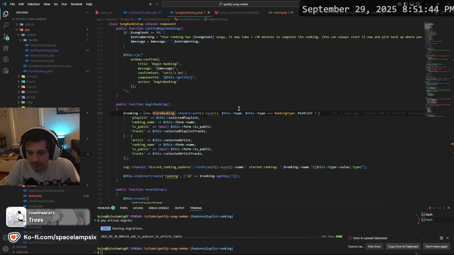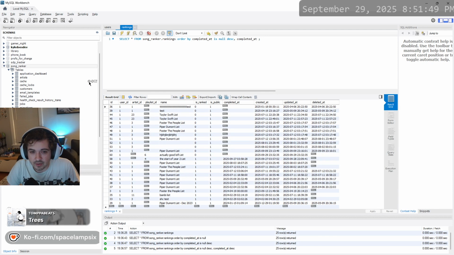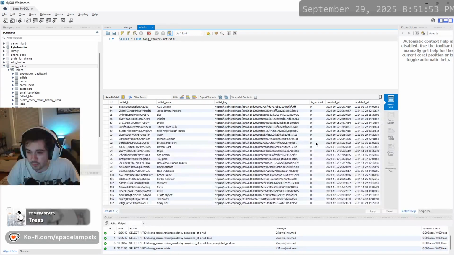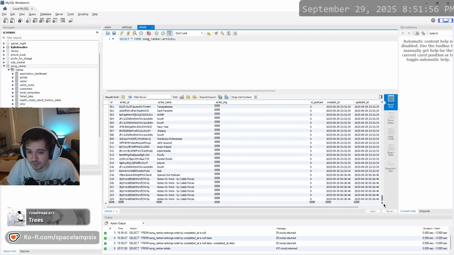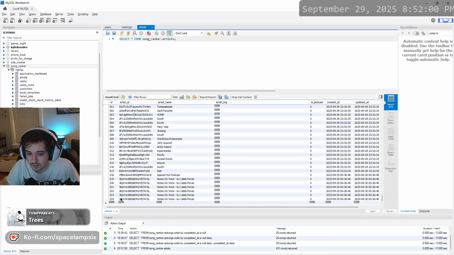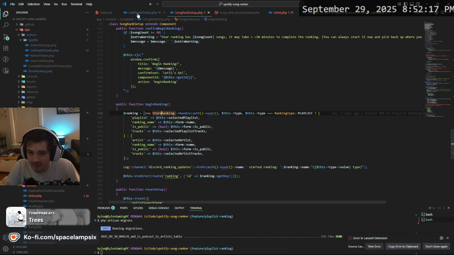Did we migrate the database? We did. Let me go to that artist table and make sure. Yep, is podcast, and they're all false currently, which is what we want to see. Actually, wait a second. They are in here. I have to get rid of these. Oh, shit. It needs to update or create. It should update or create based off the artist ID, and it's not.